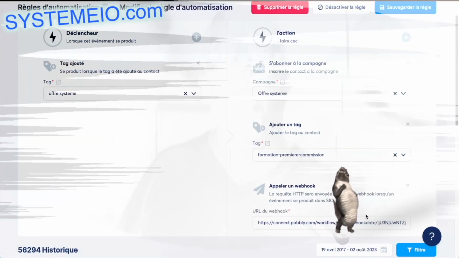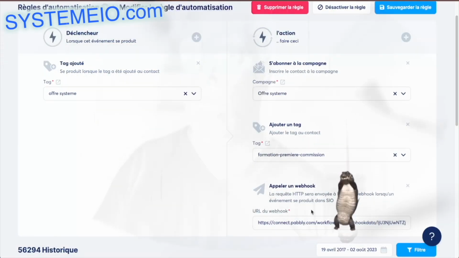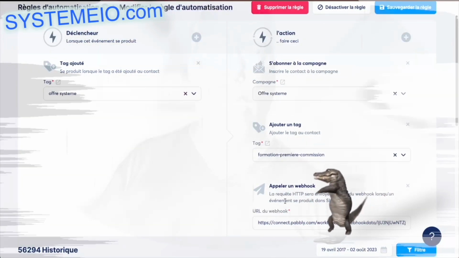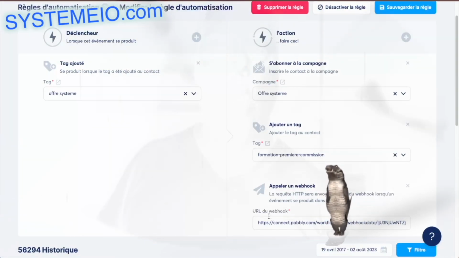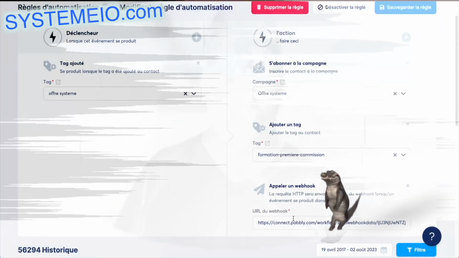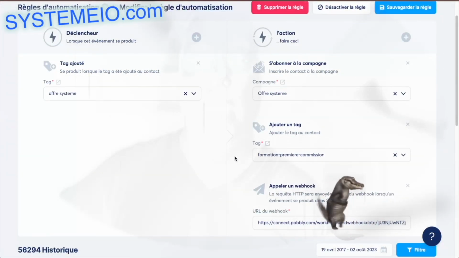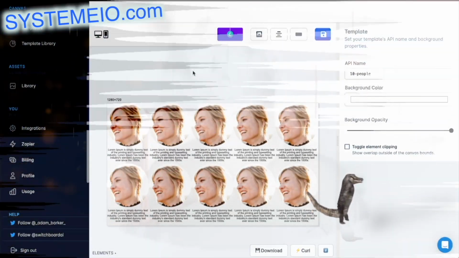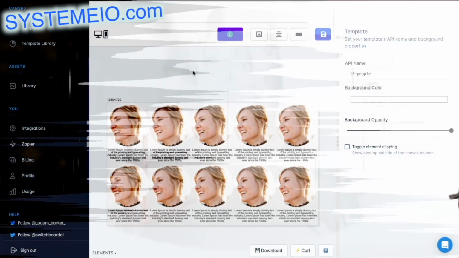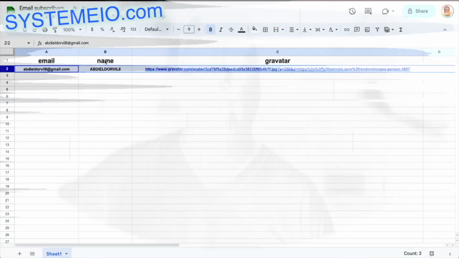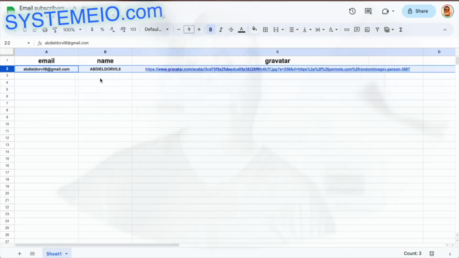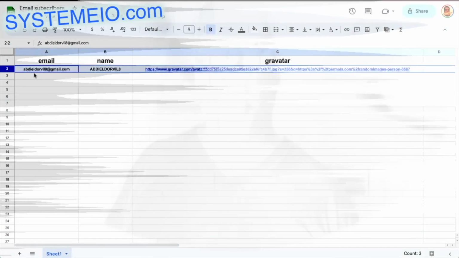For the face images, I plan to use Gravatar. Gravatar allows you to associate an image with your email address that will then display across sites that utilize Gravatar. For email addresses without an assigned Gravatar image, I will use a default face image instead. Since my landing pages only collect email addresses, not first names, I will use the left side of the email address as the pseudonym in the image and text, for instance John Doe for johndoe@gmail.com.